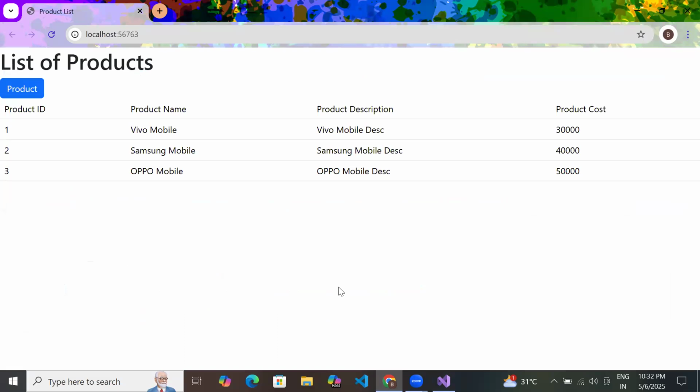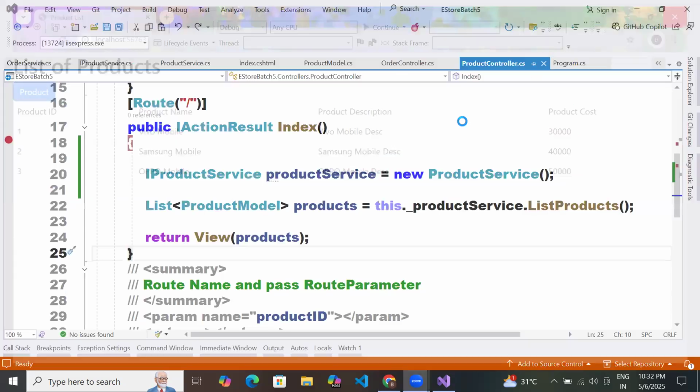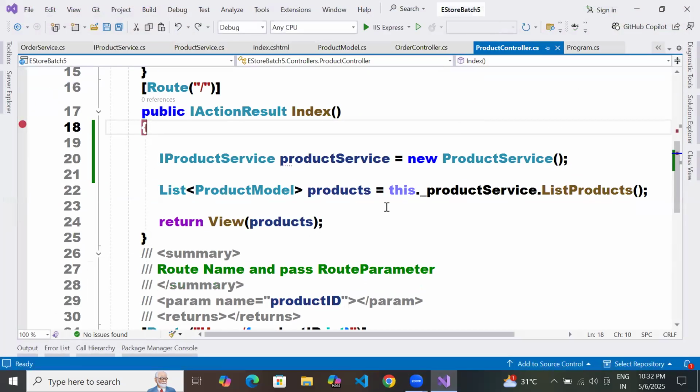But this class doesn't require an interface, right? So Subhajit, what is the benefit of applying this? What was the benefit of inheriting two classes?